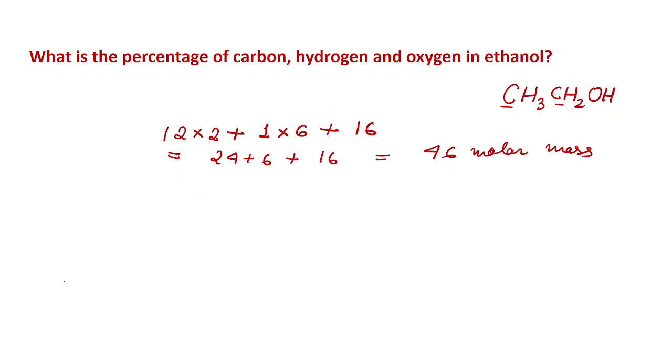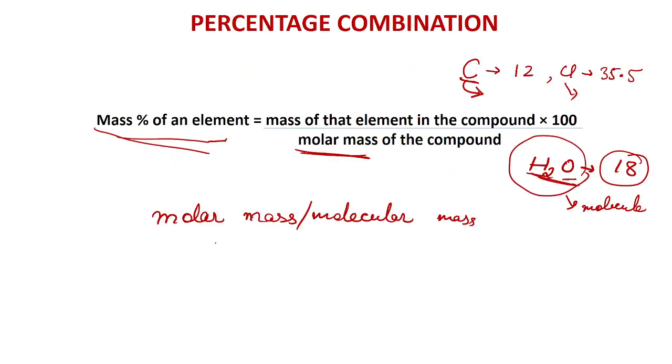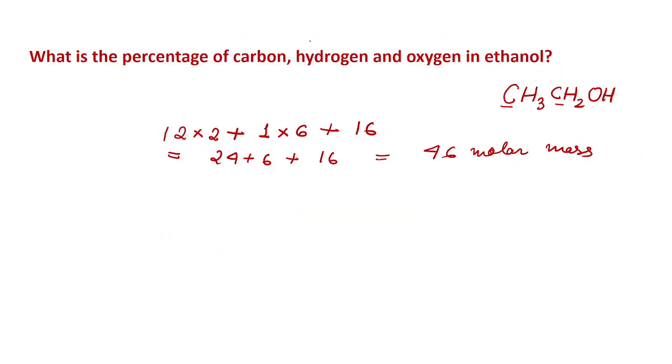Now we have to calculate the percentage of carbon. So the percentage of carbon is given by the formula, mass of that element in the compound by molar mass of the compound. So now we have to see what is the mass of our carbon in the compound. So the mass of carbon is 12 into 2. Similarly, the mass of hydrogen is 1 into 6 and the mass of oxygen is 16. So now for carbon, the mass percentage of carbon